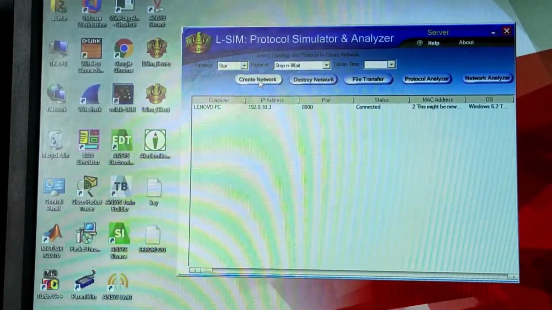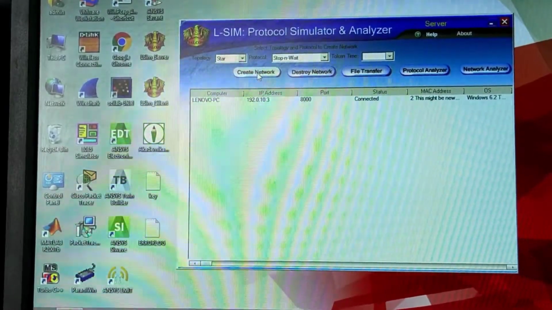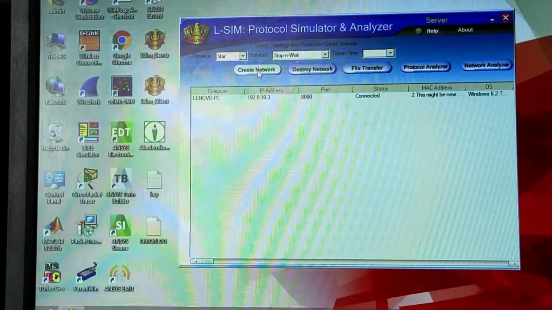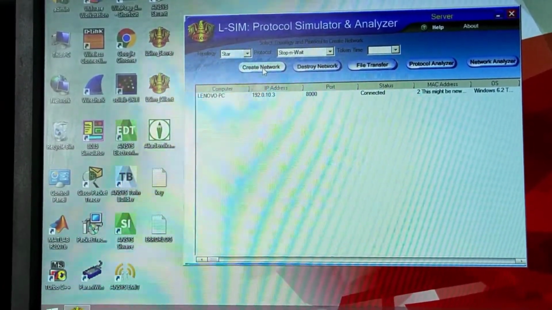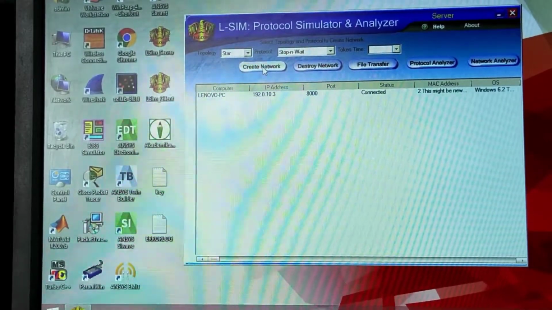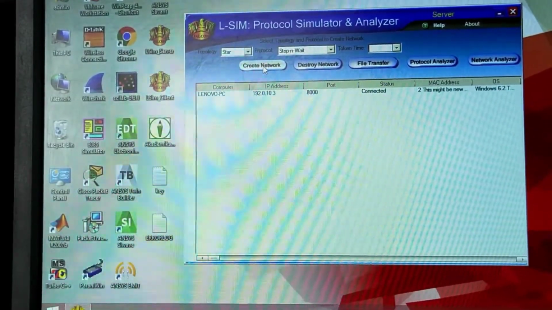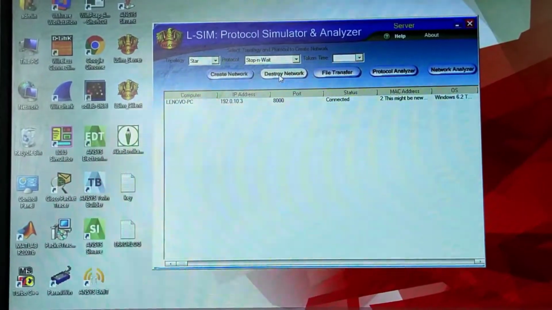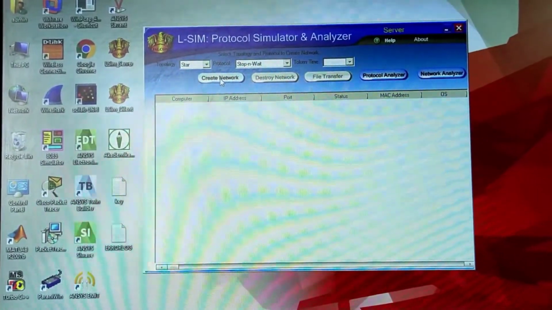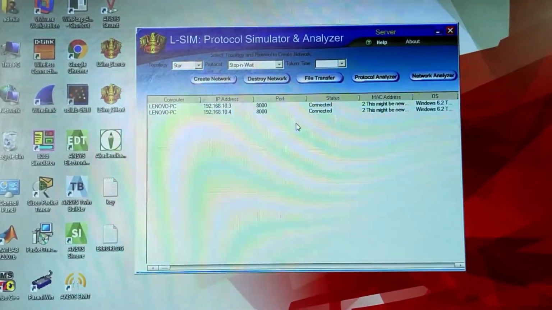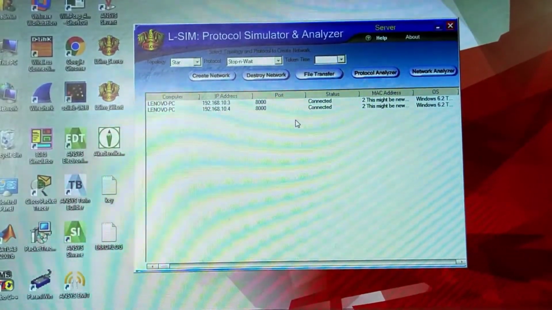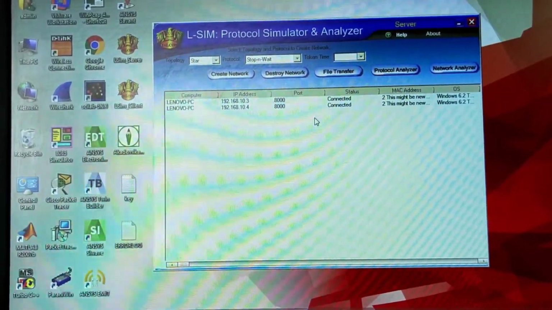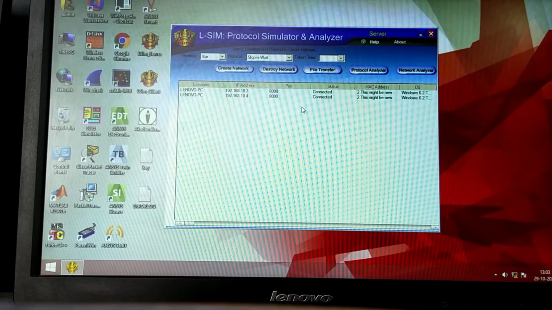Okay, as we can see, there is only one machine, but we need to have 2 clients. So let us check the connections and try to create the network again. I have seen that one of the LAN cables on a client was disconnected. So I have properly inserted it, and I am creating the network again by destroying it first and then creating it again. As you can see, now you have 2 clients, 10.3 and 10.4. Both are accessible from the server. We are good to go now.